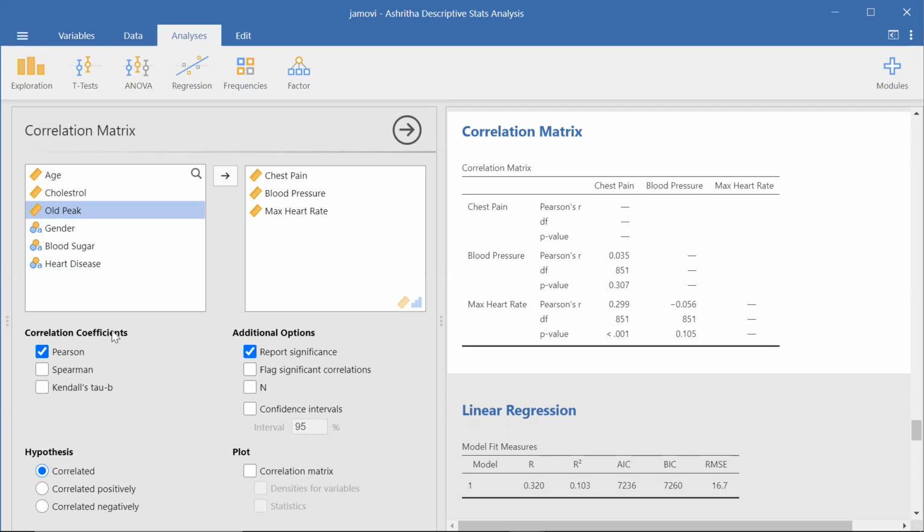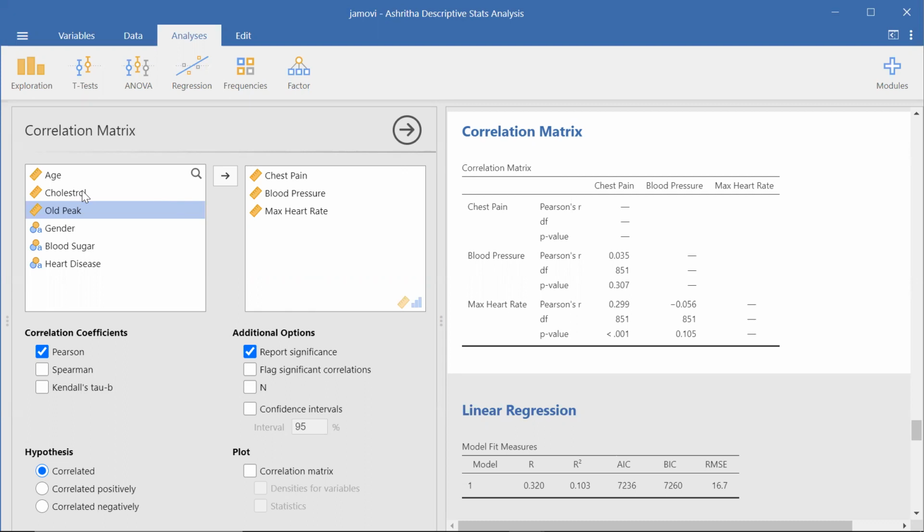If your data is ordinal or non-normal, then use Spearman's and make sure the data points are more than 30. If your data points are less than 30, then use Kendall's tau B correlation coefficient. And it does not matter if the data is normal or ordinal, you can still use Kendall's tau B correlation coefficient, regardless. Anyways, so getting started with the correlation matrix, the factors that I choose are chest pain, blood pressure, maximum